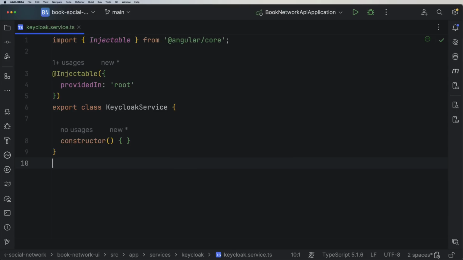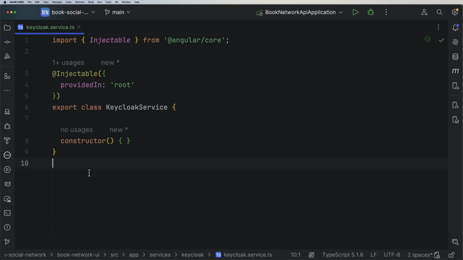I can make it full screen. All right, so now what we need to do within this service, first, I always mention that when we create something, we always need to link it. But before coming to linking the service, let's first explain what this service is about. This is the Keycloak service that will be executed when we start up or bootstrap our application. When bootstrapping the application, we need to tell our Angular application that we have an authentication provider, which is Keycloak in this case, that we want to use,